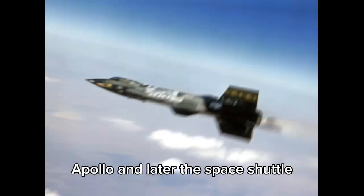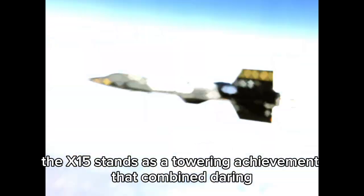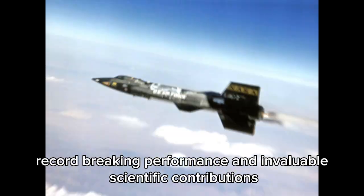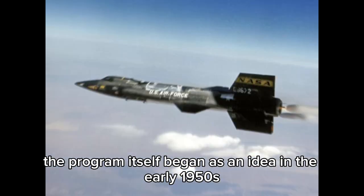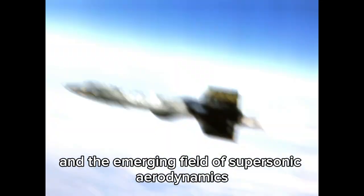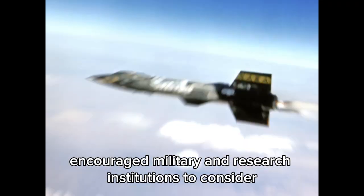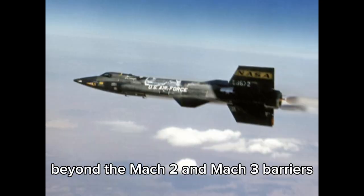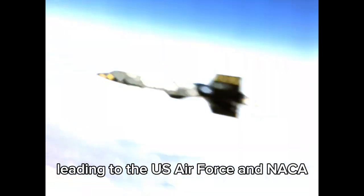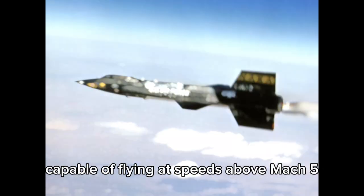Gemini, Apollo, and later the Space Shuttle, the X-15 stands as a towering achievement that combined daring engineering, record-breaking performance, and invaluable scientific contributions. The program itself began as an idea in the early 1950s when the rapid evolution of jet aircraft and the emerging field of supersonic aerodynamics encouraged military and research institutions to consider how far flight could be extended beyond the Mach 2 and Mach 3 barriers, leading to the U.S. Air Force and NACA issuing requirements for a research aircraft capable of flying at speeds above Mach 5 and altitudes